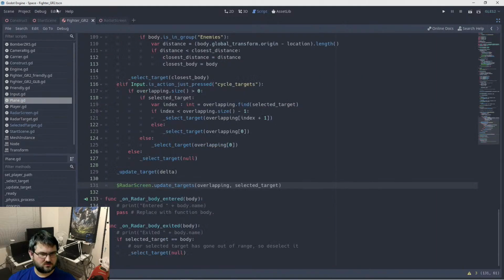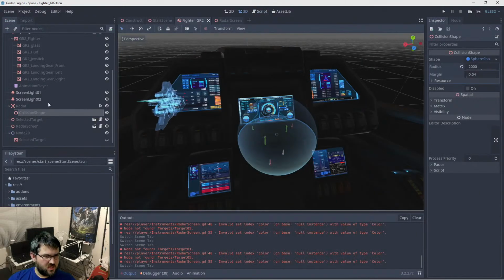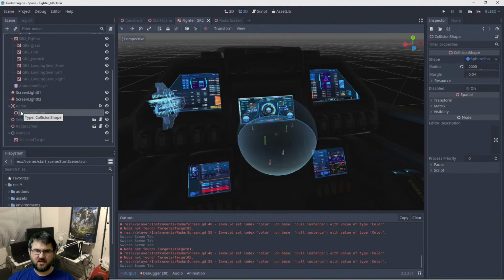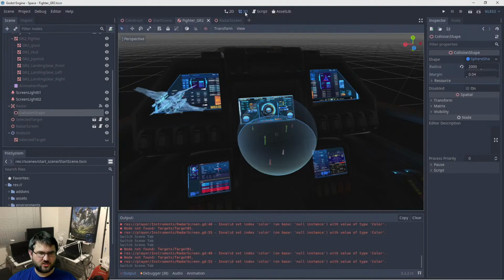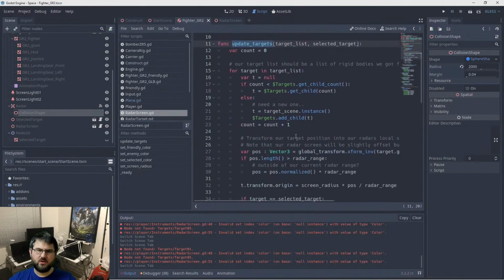When we look at the radar area that we made with the collision shape, everything that's inside of that is all tracked automatically. And in the script, we're actually passing that onto our radar screen. And all we're doing here is looping through every target in that list,